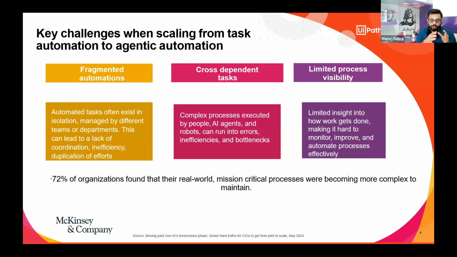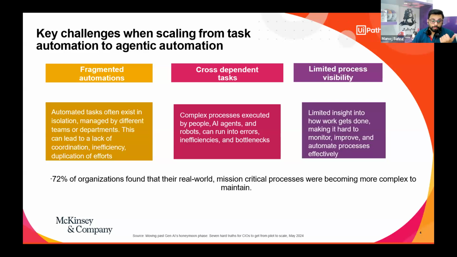Let's say you have built a bot that first takes data from an invoice and enters the data into a finance system. It works great. But what if I ask you who sends that email? What happens after the invoice is entered, or are there any approvals, or is there any check in place from the business side? Most of the time, we don't know. That's because we are just focusing on one step. We don't see the full process from start to end.